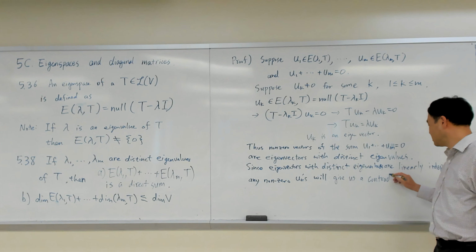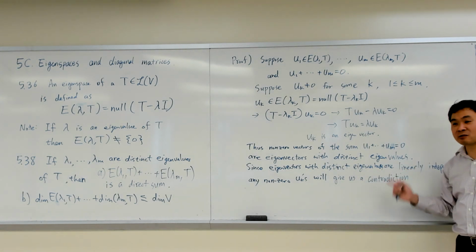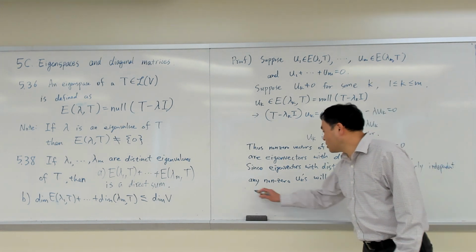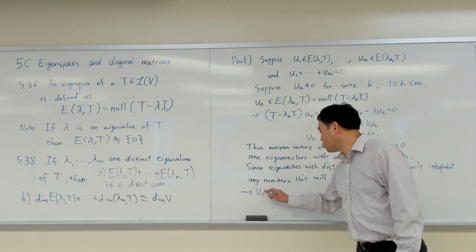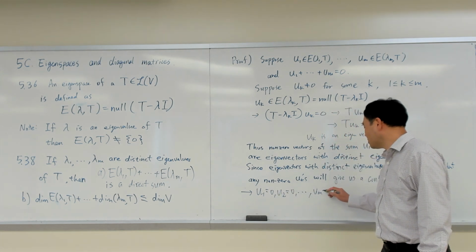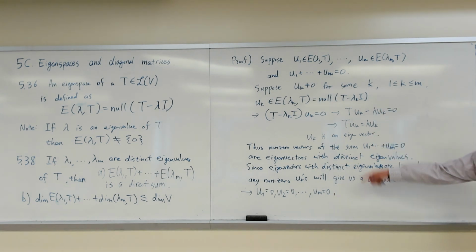Right? Because one says it's linearly independent and the other says you add them up, you get 0. So how can that be? There's no way. So that says that all the ui's, u1 is 0, u2 is 0, all the way until um is 0. And that's exactly the equivalent condition for the sum of subspaces to be a direct sum. Okay, and